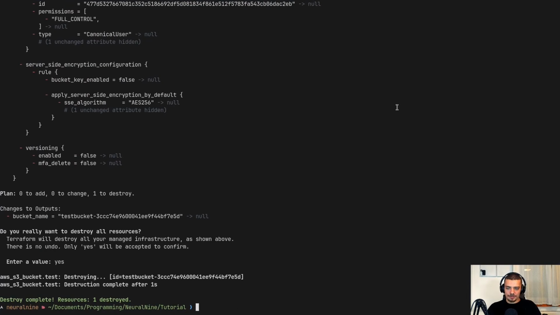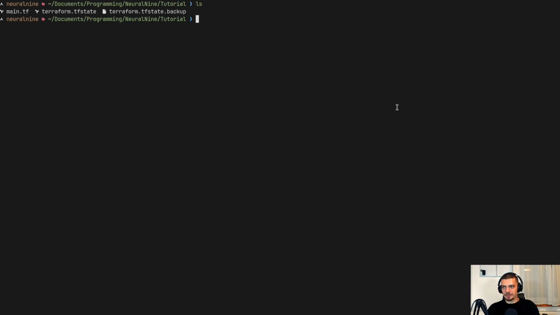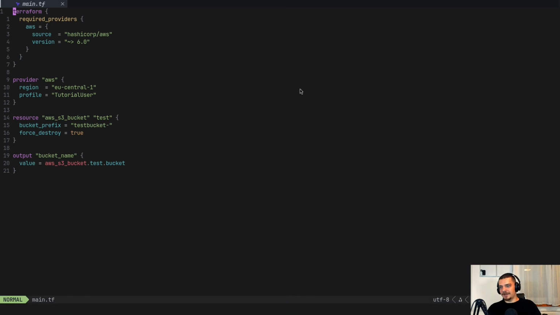That is the hello world example of Terraform. This is what we can do with Terraform. We define stuff in config files like this, and then it creates stuff, it configures stuff, it can also create users, add permissions to users, but that is the most simple way to do that. In this case, we just spawned a bucket.